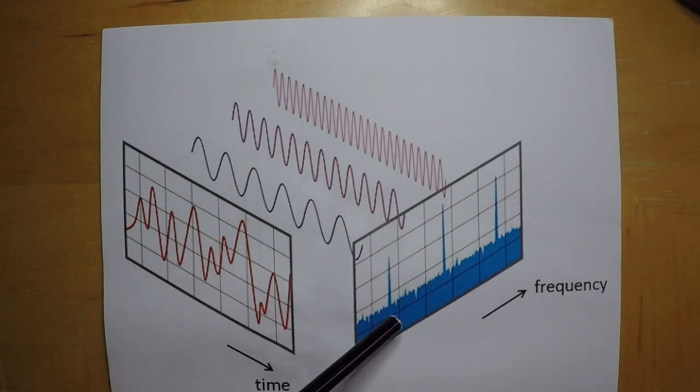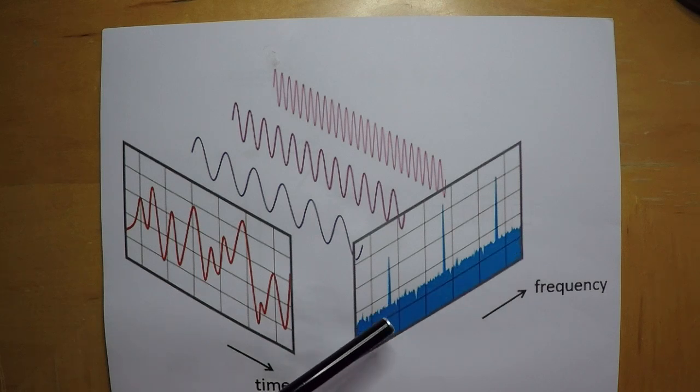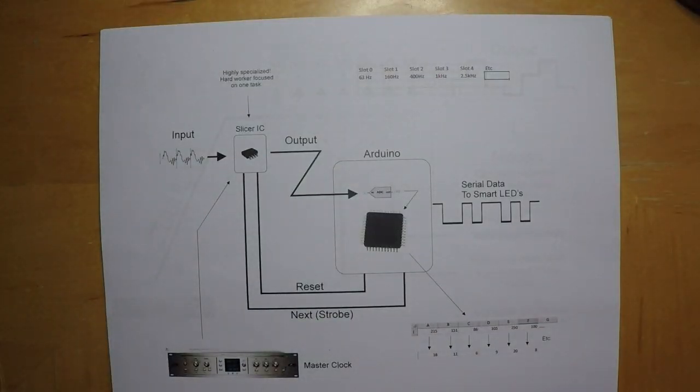Notice how we're being selective here with the frequencies that we're choosing to look at. The same thing happens in a spectrum analyzer. In fact, the spectrum analyzer is exactly this, except it might be focused on more bands than just these three. So now let's look at what's happening inside the spectrum analyzer. Now, there's more than one way to do spectrum analysis. We're just going to review the method that we're using in this project.